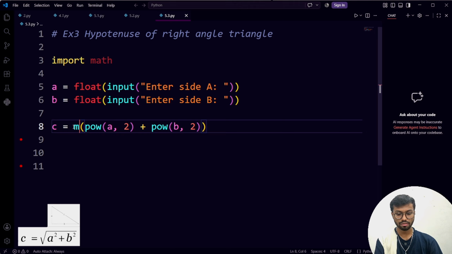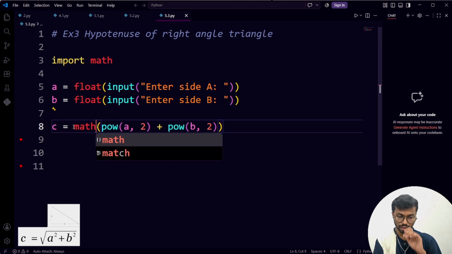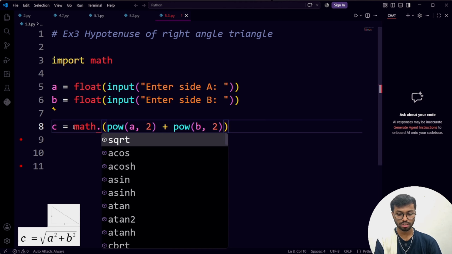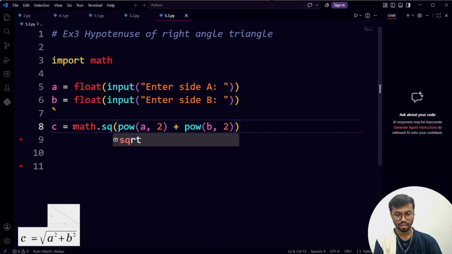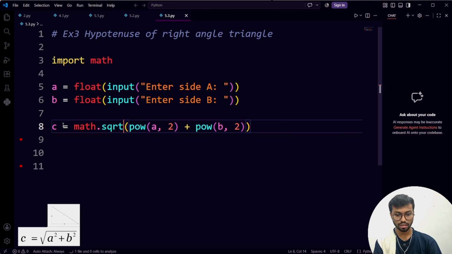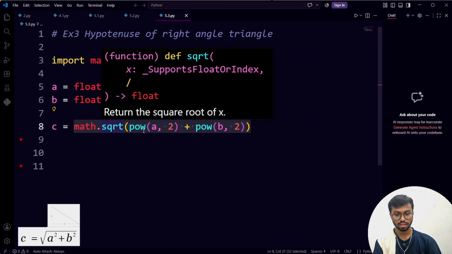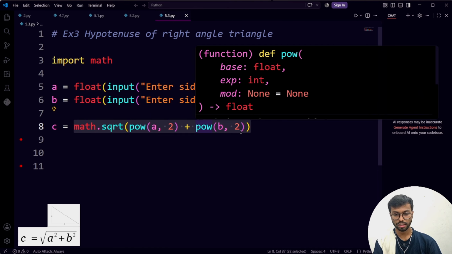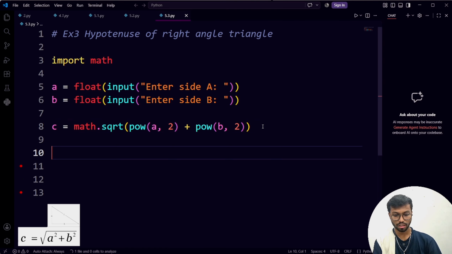So we can do that with the help of square root function, and square root function हम math.sqrt से enable करते हैं. So this is the full formula, under root a square plus b square, and now we can print,